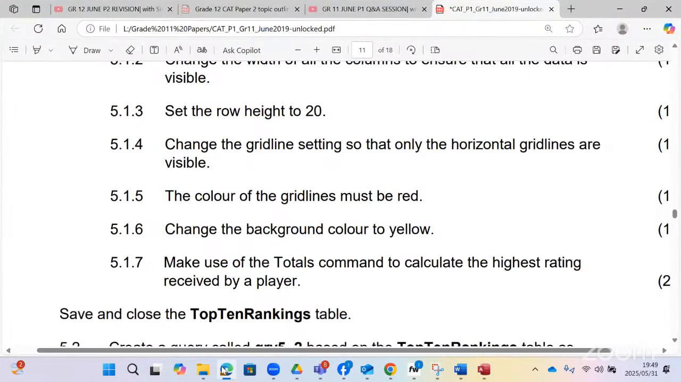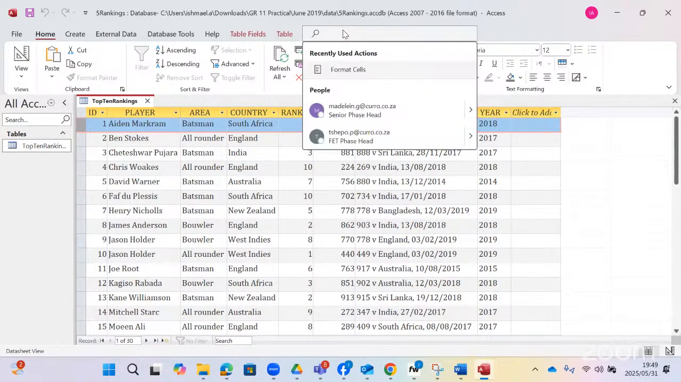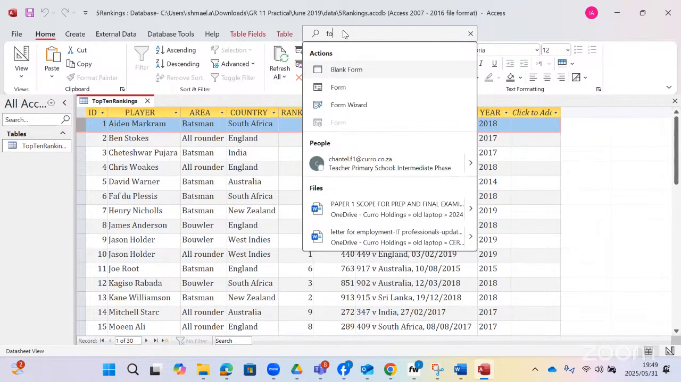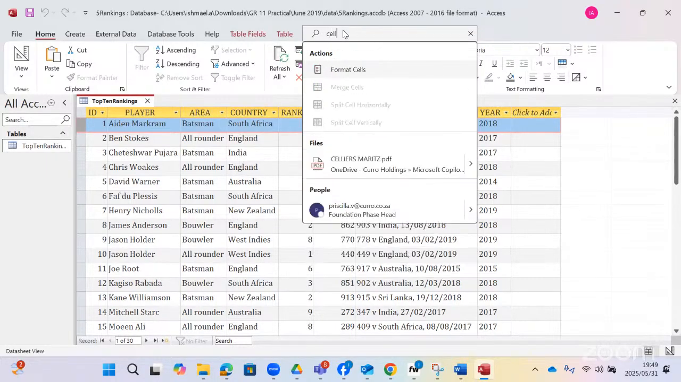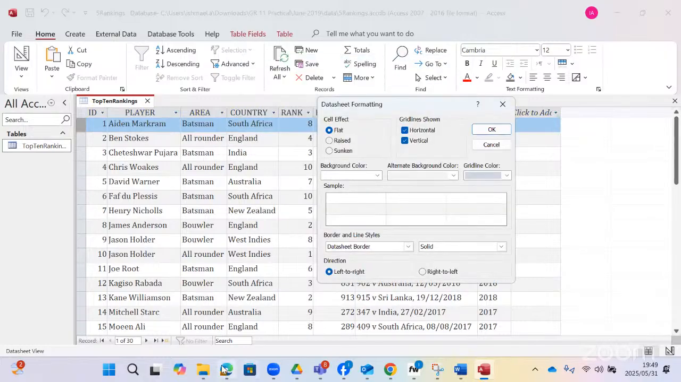The next one, change the grid line settings so that only the horizontal grid lines are visible. Please take note when they are talking about grid lines, the color and others. Like I said, we use from home tab, you see text formatting. Alternatively, you can go to tell me what to do and then type format cell or just say cell. You will see format cell. Now the question says